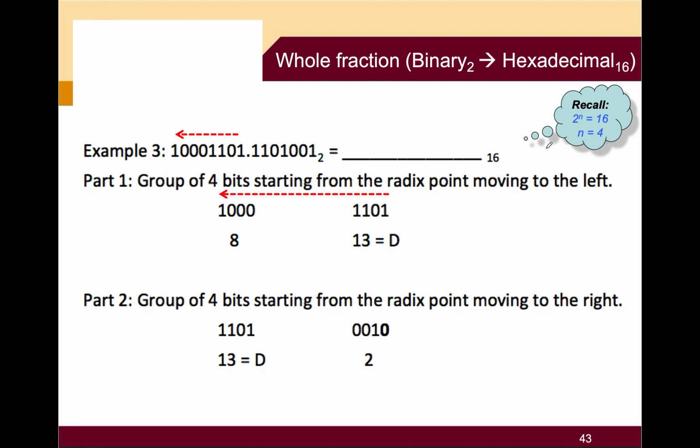So you need to recall which is 2 to the power of n equal to 16 if you want to convert from binary to hexadecimal. And another point that you need to remember is you need to move from the radix point to the left if it is a whole number, and for the fraction number you need to start from the radix point to the right. So this is the example